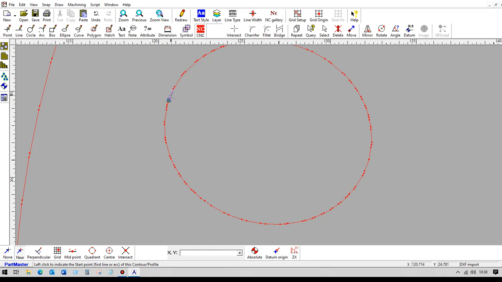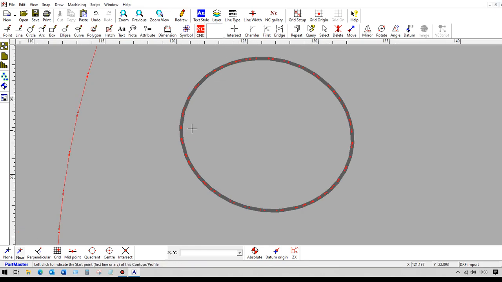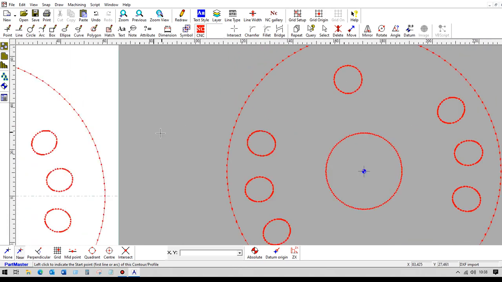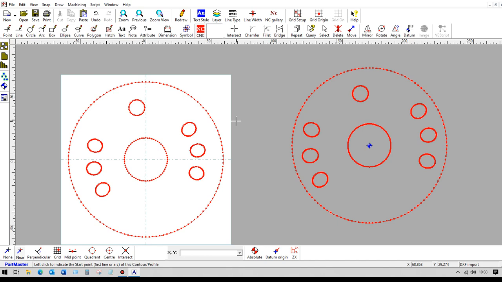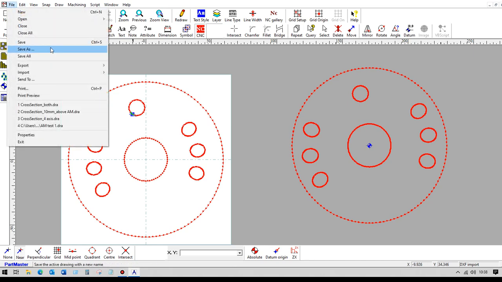This looks like a similar position to the one we chose for the other contour. Okay, so we've got two contours there, each with their own datum point, but when we go into the wire EDM system, and this also applies to the milling PartMaster 2D system, the two datum points will become coincident. So we can now go File, Save As,